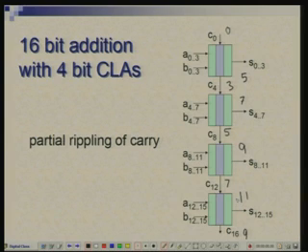So, now here there is partial rippling of carry. Question is, can we even avoid that? One way would have been to extend this carry look ahead to 16 stages or 32 stages, but that increases the cost too much and the gates become wider. So, the delay also starts increasing because of that reason. But what we can do is,